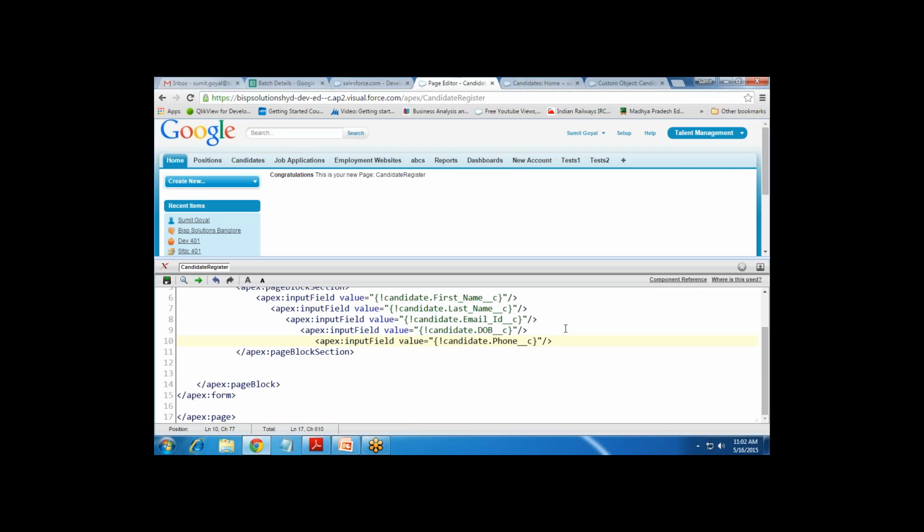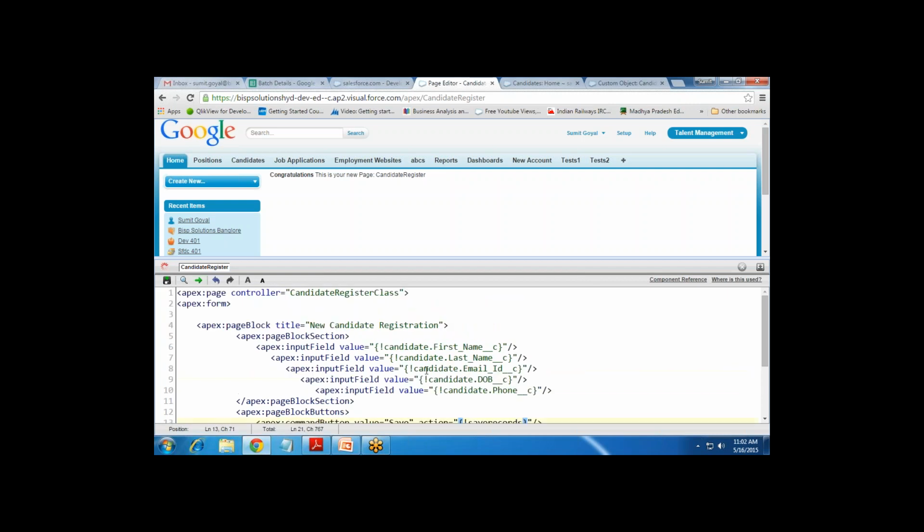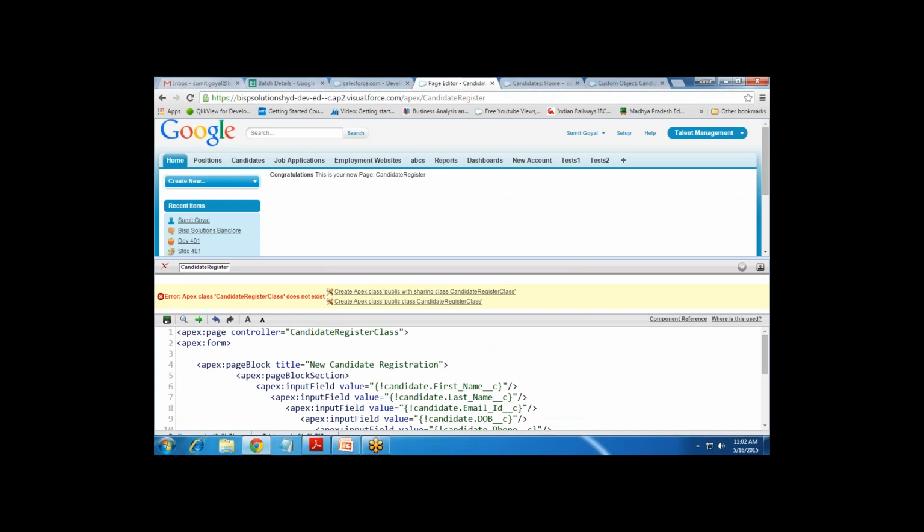After that I need a button, so I add apex:pageBlockButtons, and in this page block buttons I add apex:commandButton value is equal to save and action is equal to saveRecord. When I try to save this, I get an error message: this controller does not exist. So I'll create this controller, and within this controller,